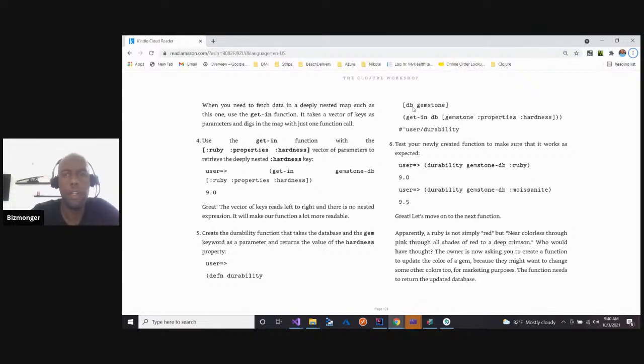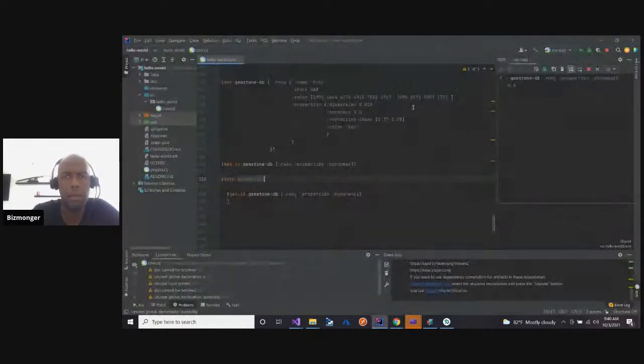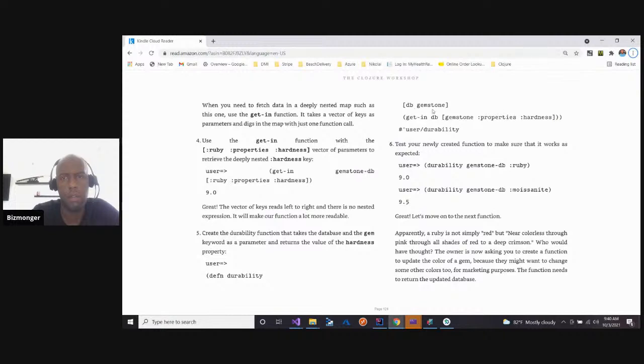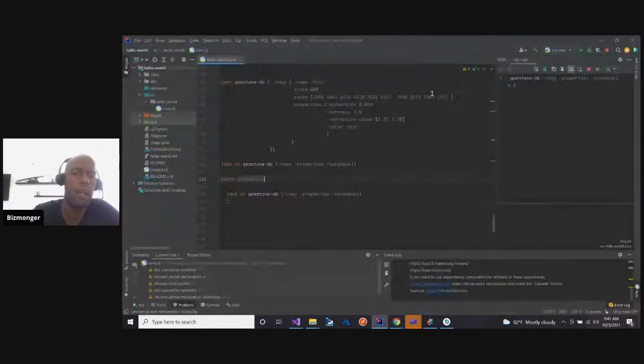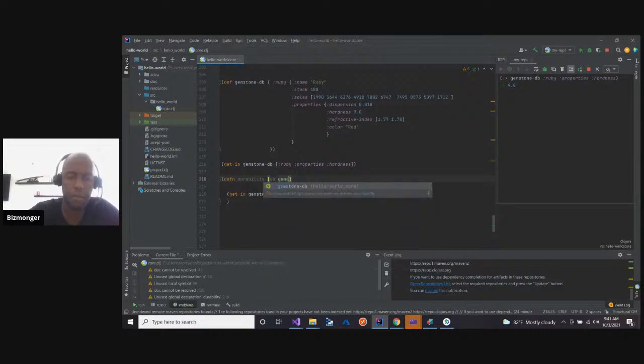So define durability, and then you say DB gemstone. So database. No, these are two different values that we're passing in. Okay, I got it now. It takes me a while. I'm sorry. So you say DB, and then you say gemstone,